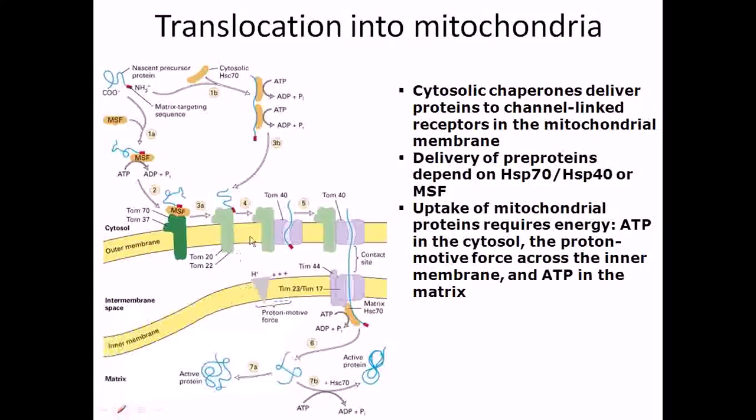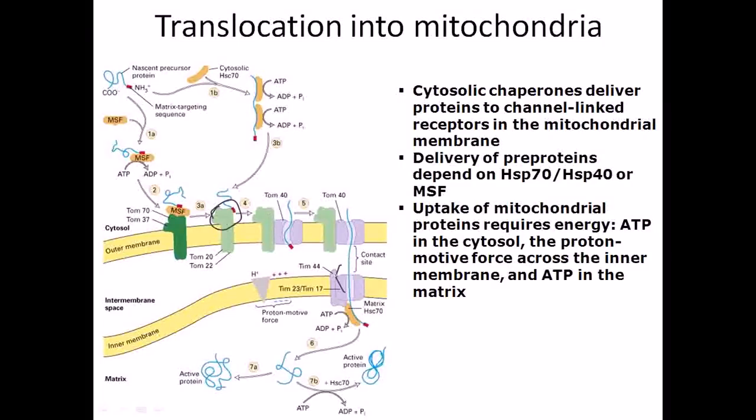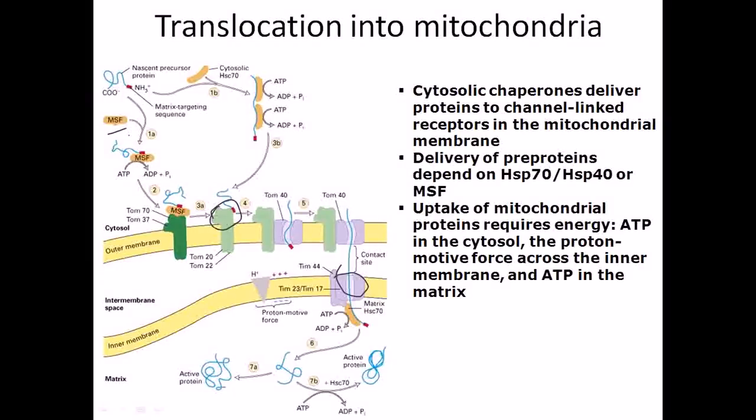Okay, so if you look here, this is the TOM, so it can directly bind with TOM, and then it can transfer it into the TIM, which is present in the inner membrane, and then it can enter this protein inside the mitochondria. But if you look here, the other pathway is via another protein called MSF, or mitochondrial signal